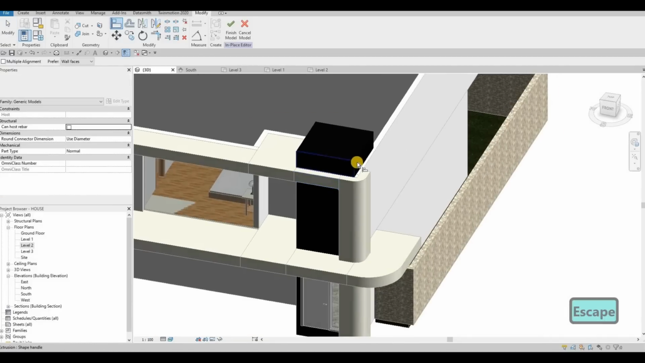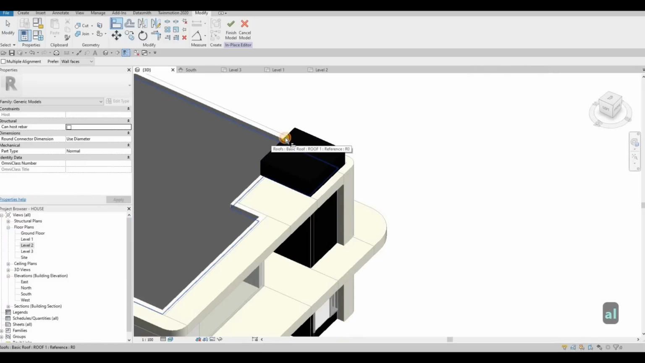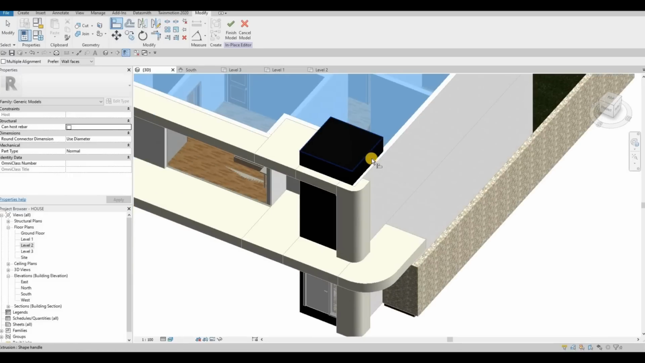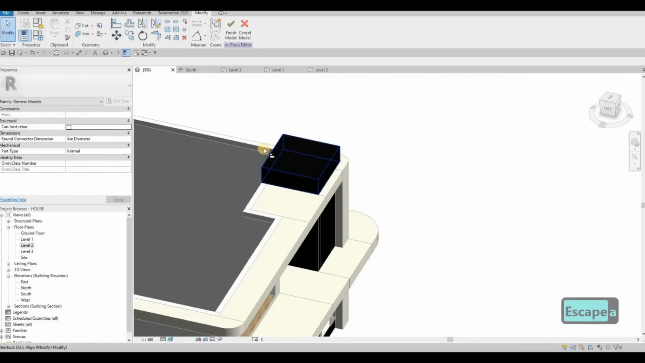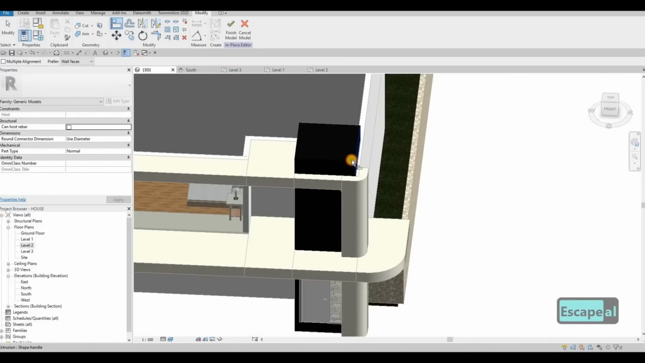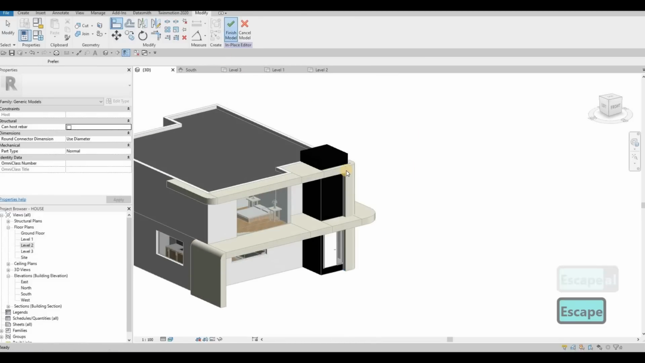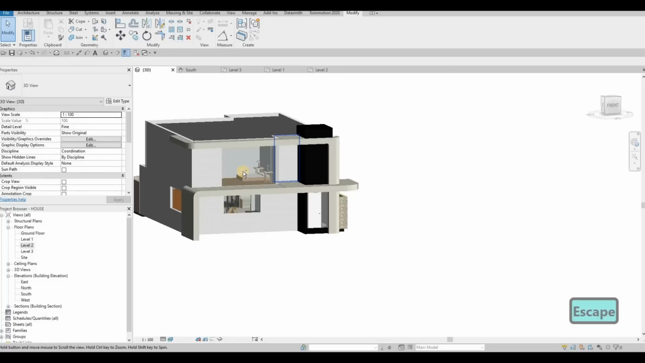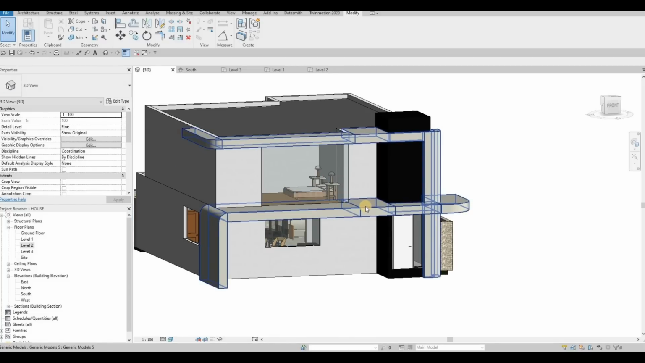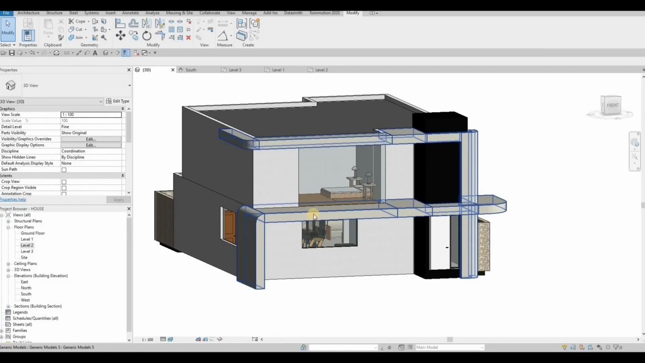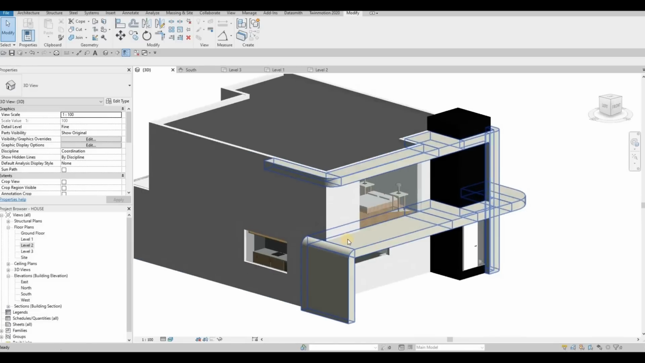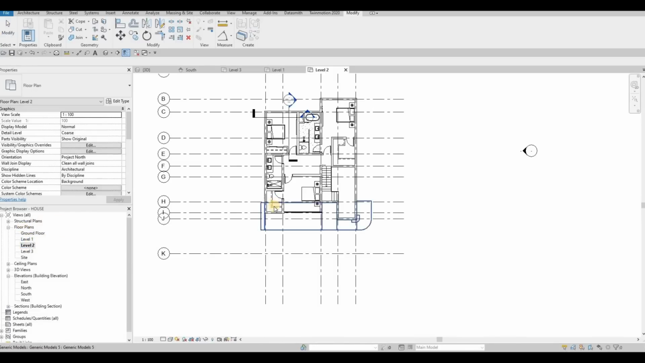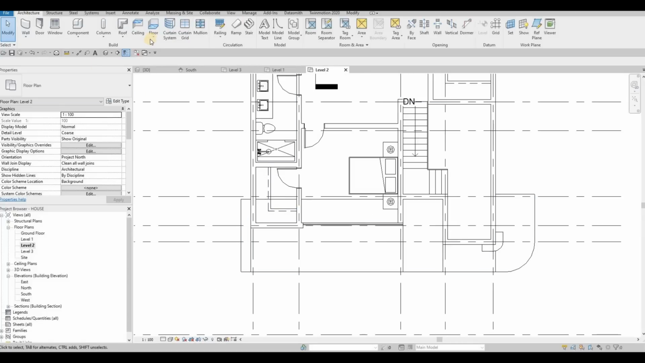And maybe align it to this face. There we go. I think that's good enough. And then of course we're going to add the glass here. So the railing. So if we go right here, we could add in a railing here,